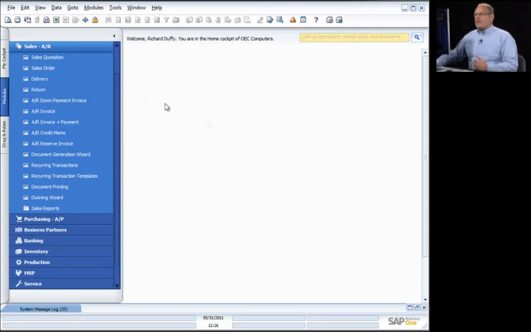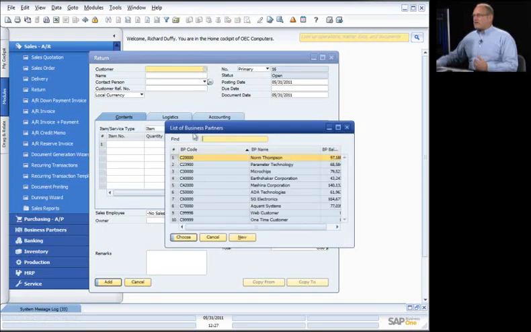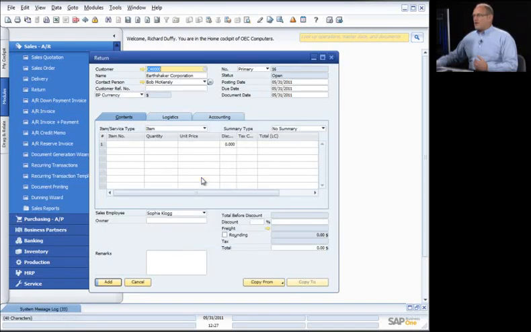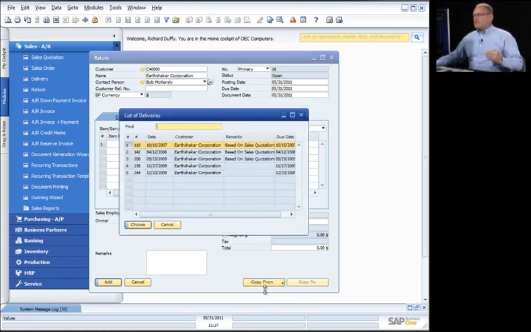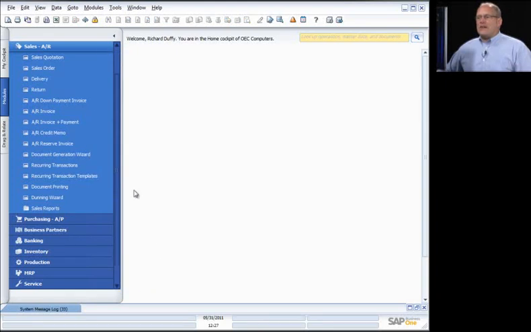In order to do that, you would simply go here into returns, pick your customer, let's say in this case Earthshaker, and choose copy from deliveries. So you would call up an existing delivery that was in the system, and then you would process the return from that. If by chance you've already turned that into an invoice,